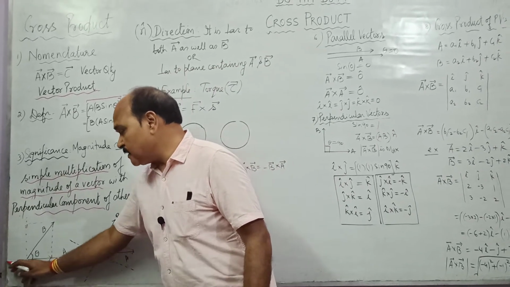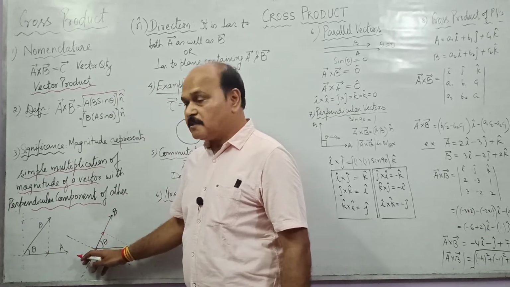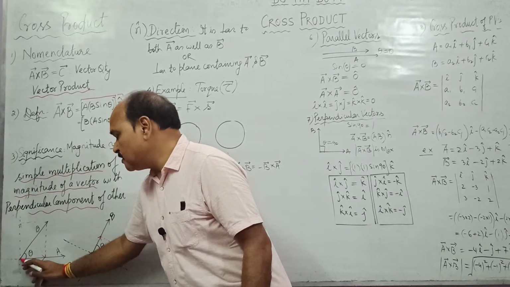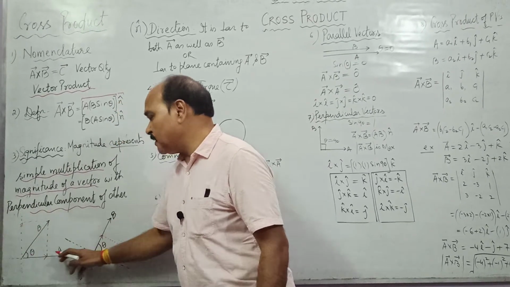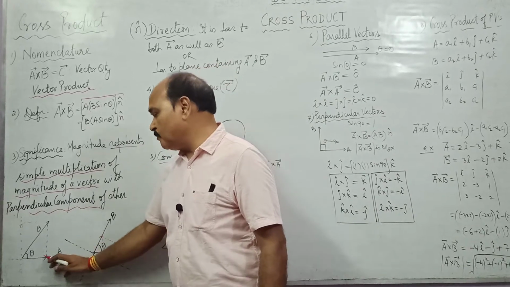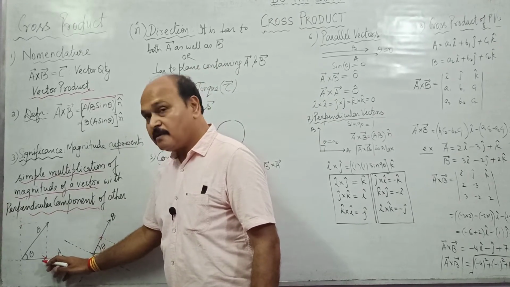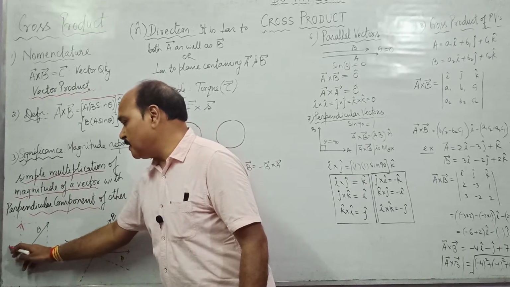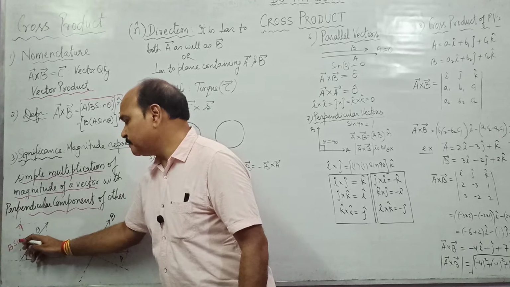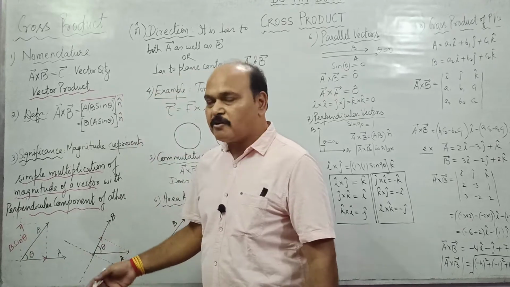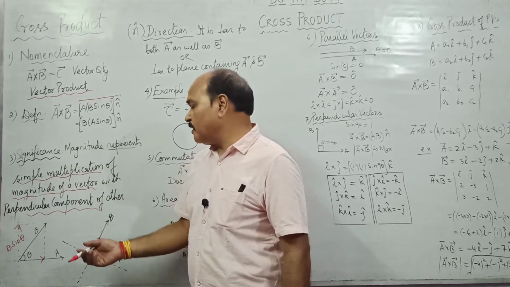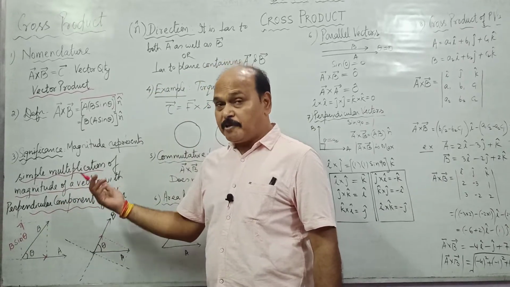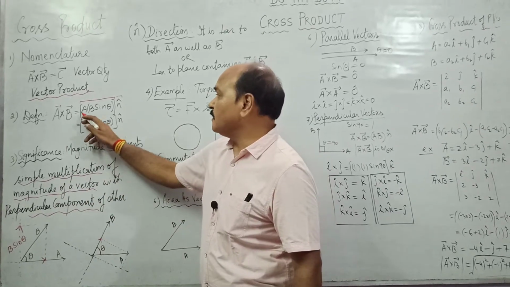If we take this A as one of the perpendicular directions, another perpendicular to A, like this. So this B vector lies in between these two perpendicular axes. This B will have two components. One would be along A, another would be what? Perpendicular to A. The one which is perpendicular to A is B sine theta. So what is A cross B? The magnitude of A cross B is what? A into B sine theta. B sine theta is the perpendicular component of B, and that is what is written here.